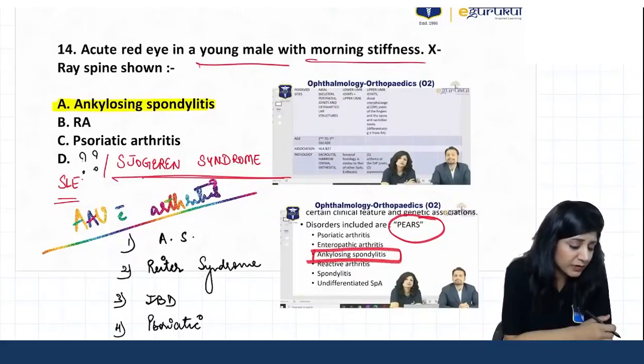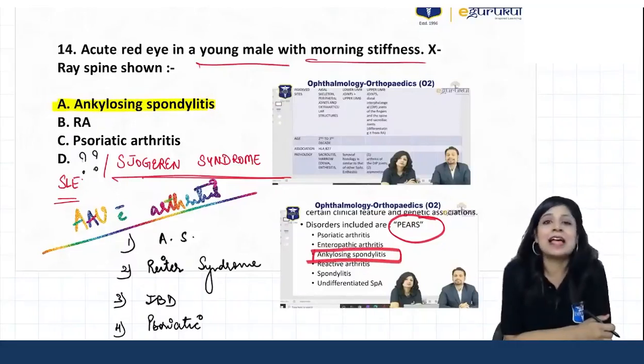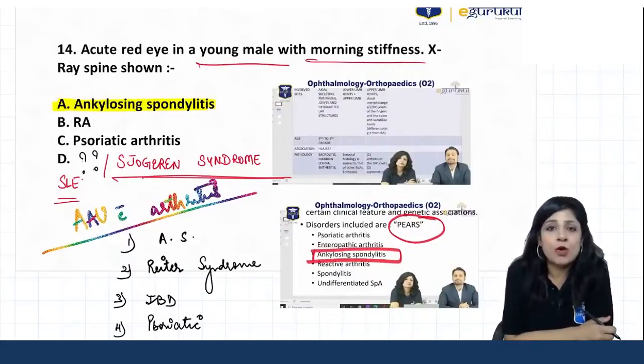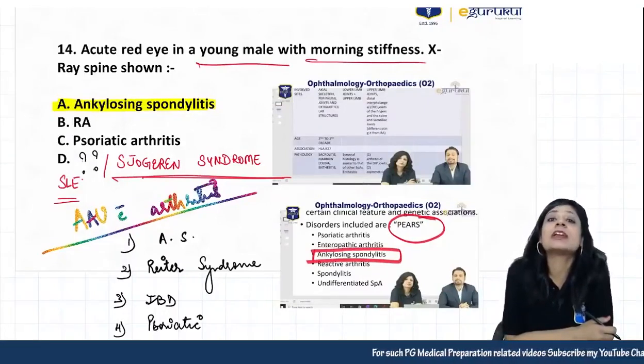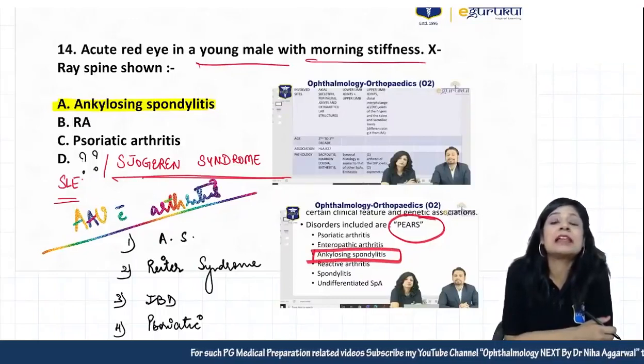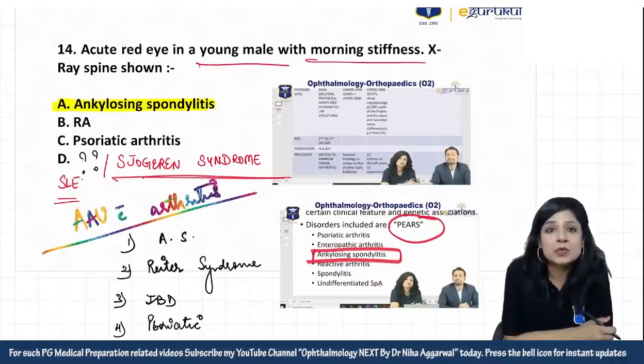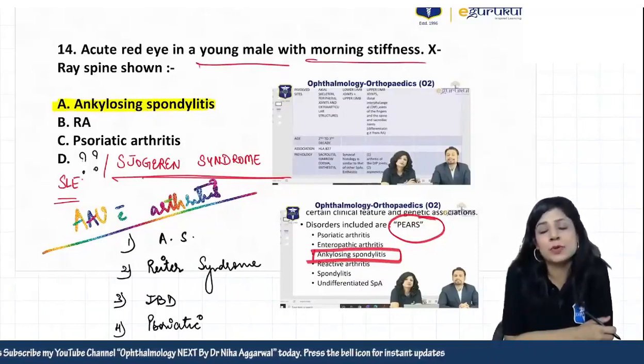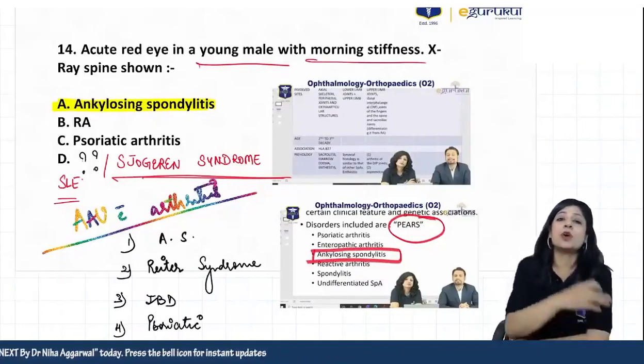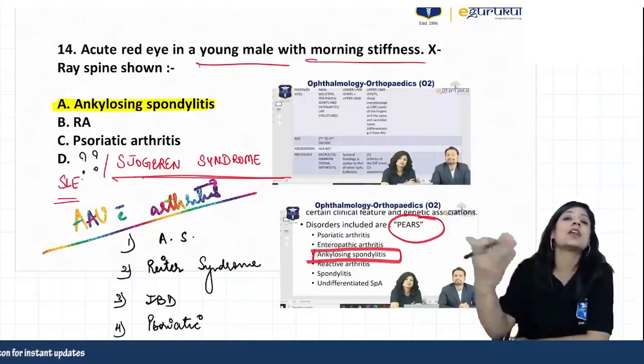Advice for someone who will be appearing for the next? Will the standard of questions be similar to this? Yes, exactly. We have been preparing on the norms of the NExT only. This kind of paper is actually the glimpse of NExT, where everything was clinical and twisting, conceptual questions. So you keep on preparing. If you are good at this kind of questions, you are on the right track.